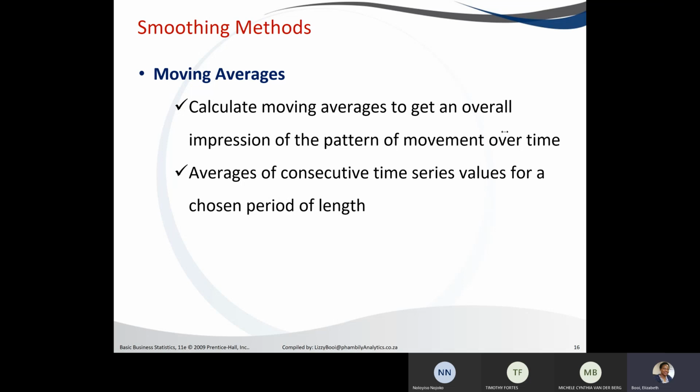Sorry, I don't know how to count. So it's 2000, 2001, 2002, and 2003. So we start at 2002 and take the data from 2000 until 2002 and create an average. Then when we go to 2003,